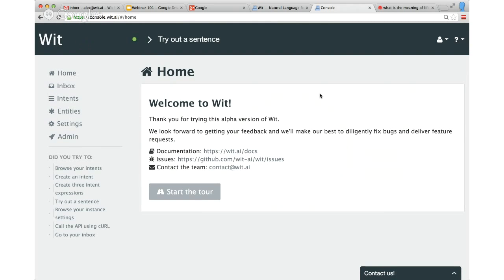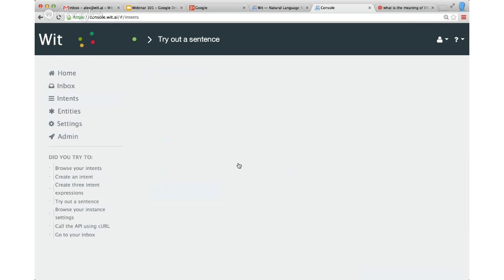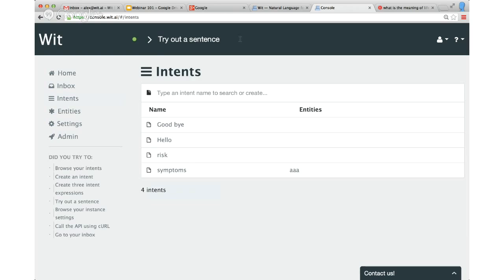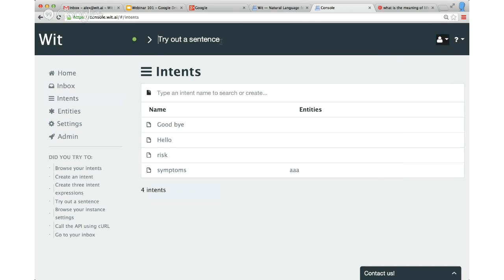Here I'm using a brand new instance. It's empty or almost empty. So I create a new instance. You shouldn't have to do that.